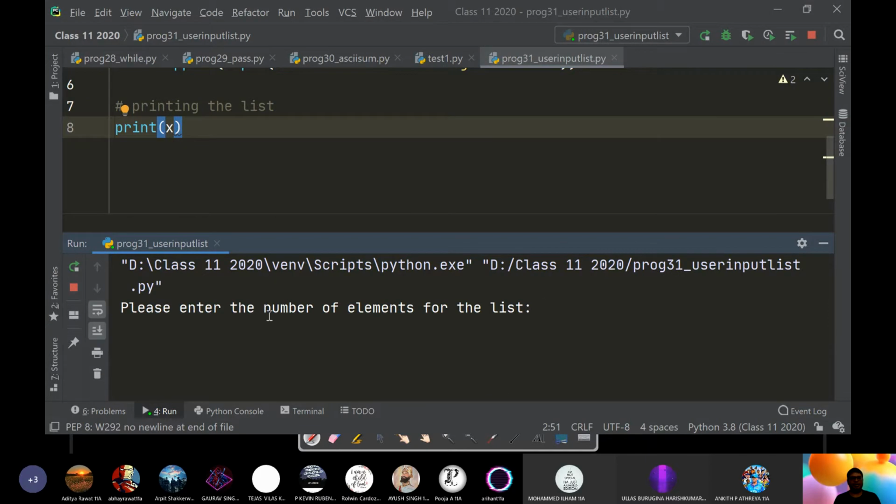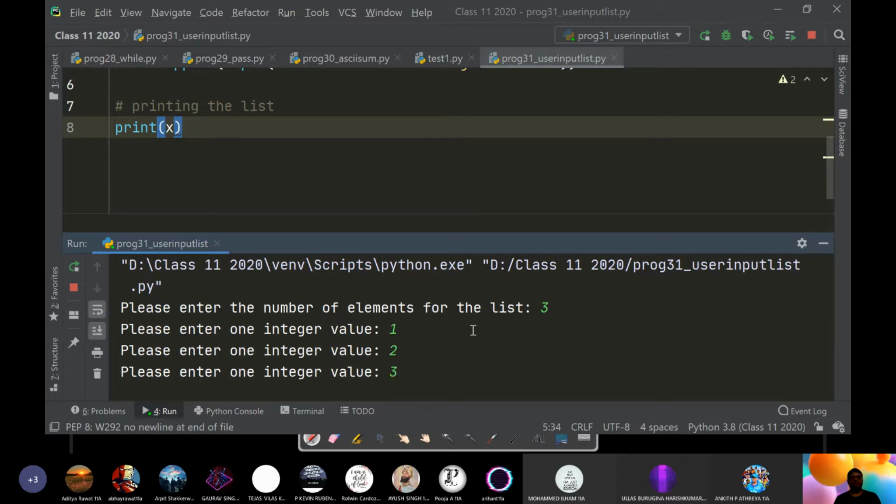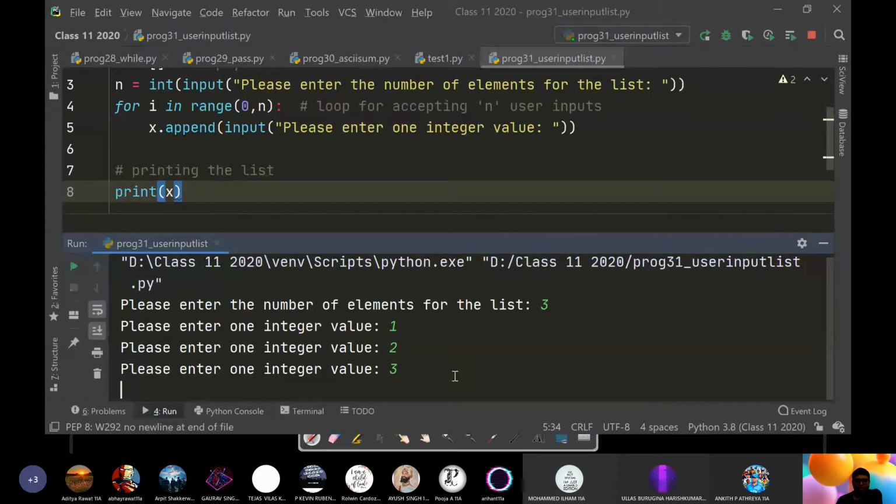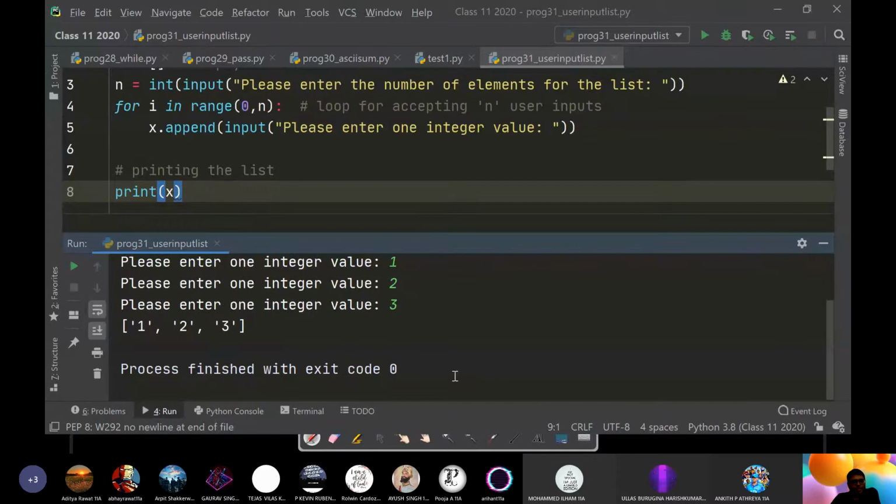Ignore this कि please enter the number. ये integer वाले को ignore कर देना. ठीक है, चलो integer ही दे देते हैं 1, 2 and 3. What will be the difference in the previous output and this output? It will be the same, but they will be taken as strings. So the elements will be within quotes. ठीक है, देखो. देख रहे हो? Yes, sir.